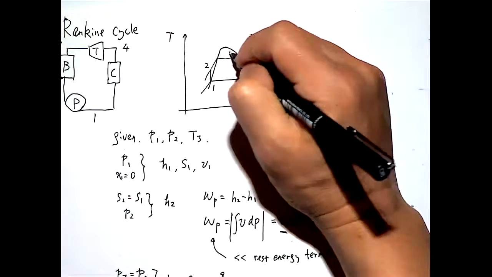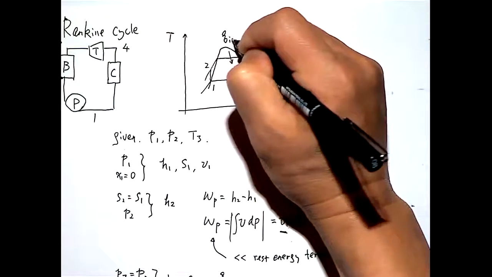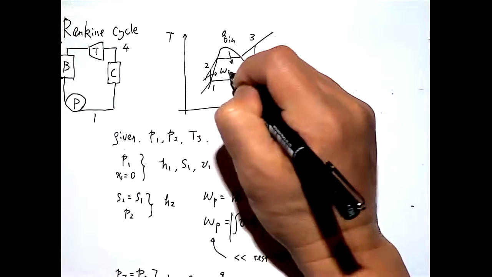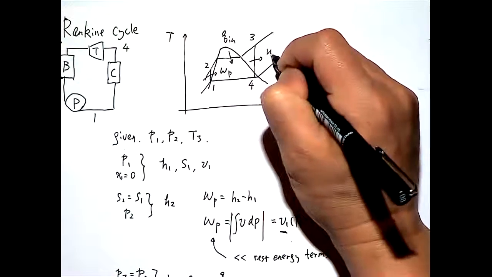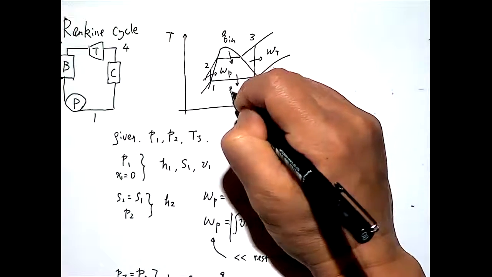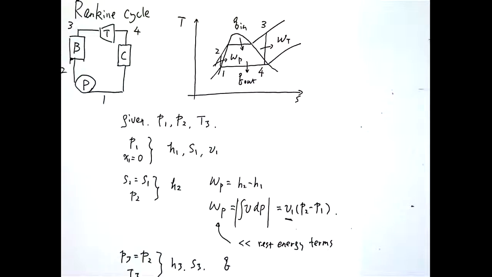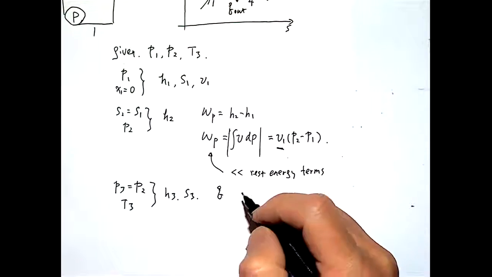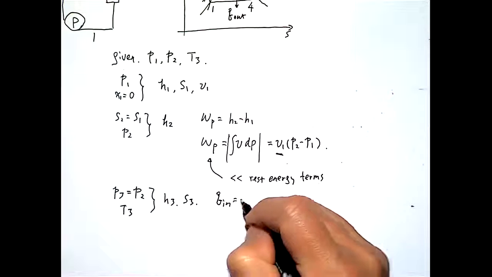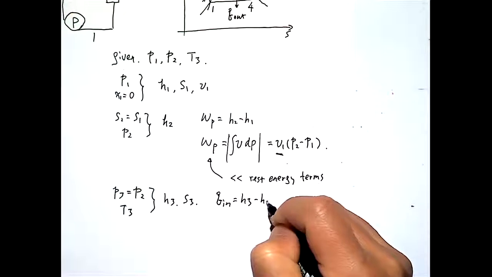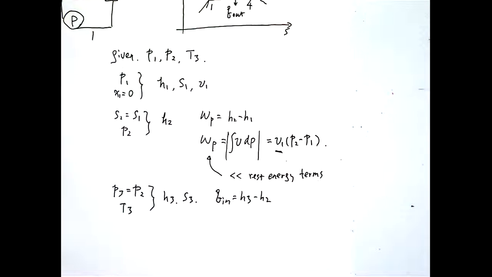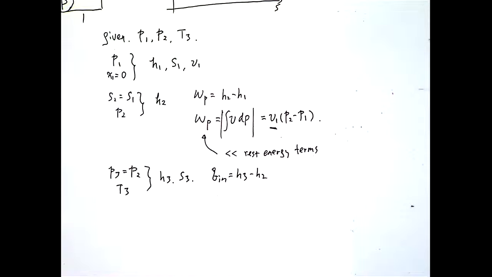Okay, so that's the Q in, work pump, work turbine, and the Q out. All right, the Q in equals H3 minus H2. All right, and then going through the turbine,